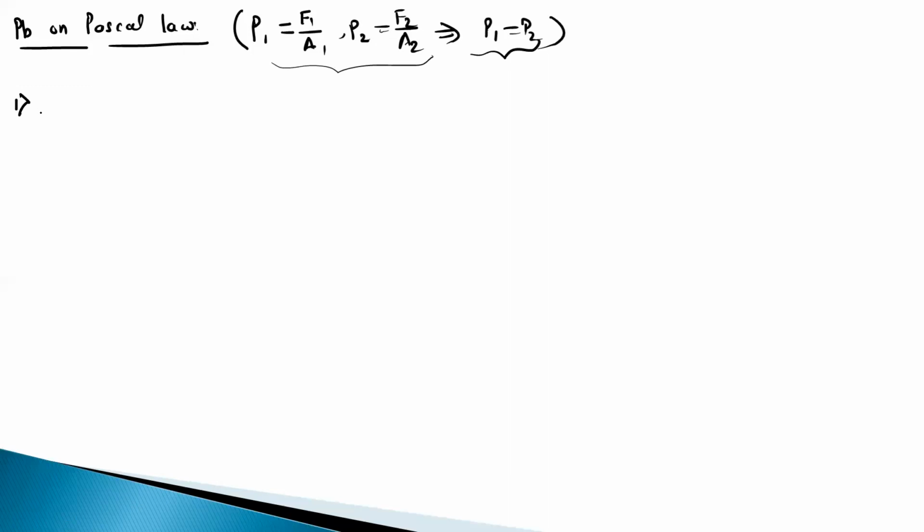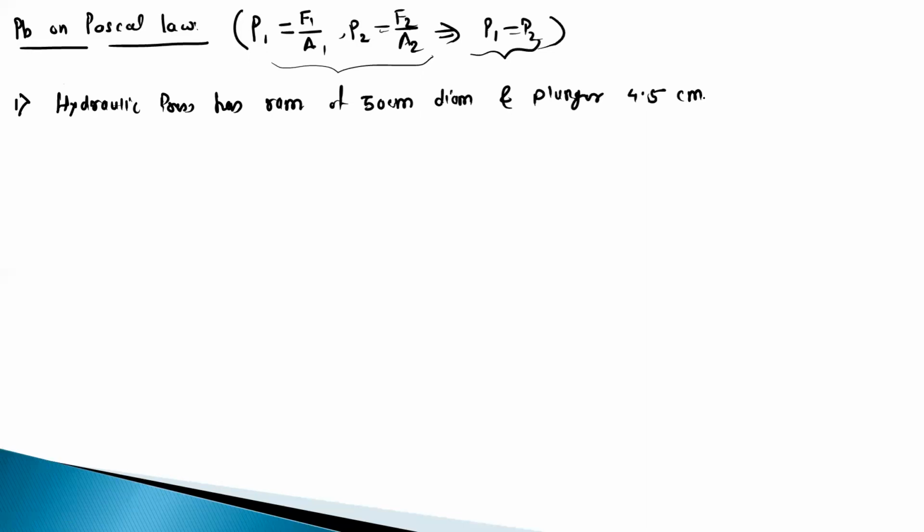A hydraulic press has a ram of 30 centimeter diameter, and it has a plunger which is 4.5 centimeter diameter. Find the weight lifted by the hydraulic press